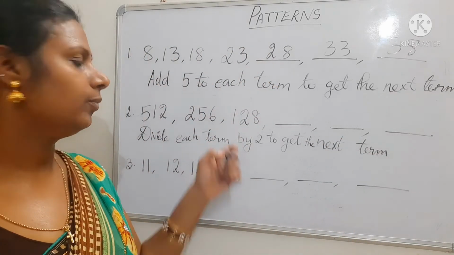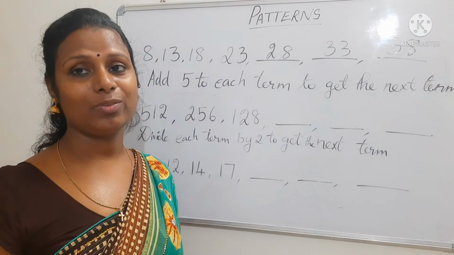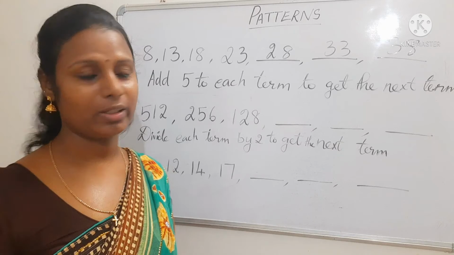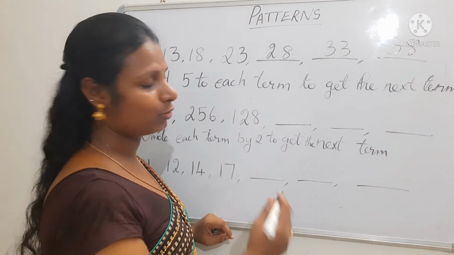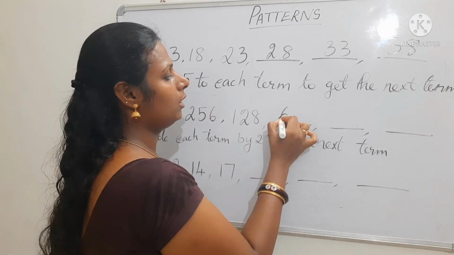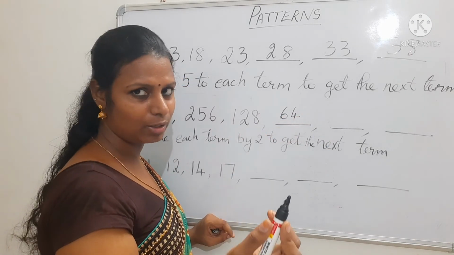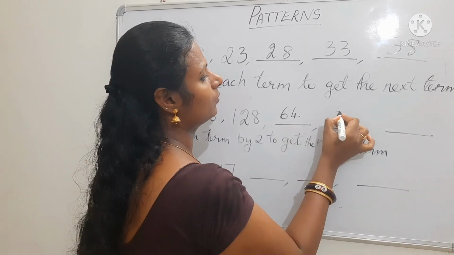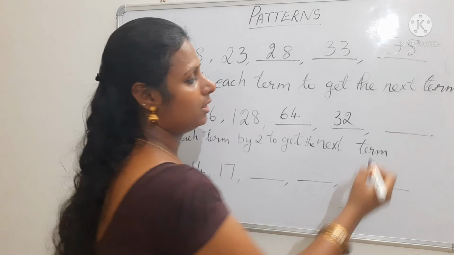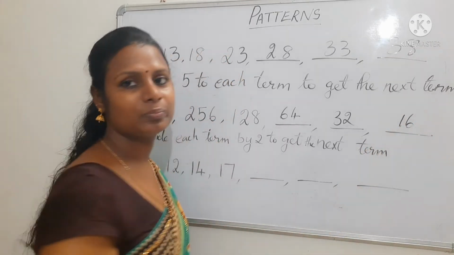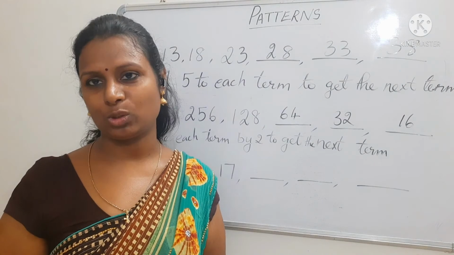Now see here, 128. Now we are going to divide 128 by 2. When you divide, say the table of 2: 12, 6 twos are 12, then 8, 4, 64. At the side you can divide and write. Then again 32. Then again if you divide, how much do you get? 16. Have you got that? You have to think a little bit and do the work, that's all.